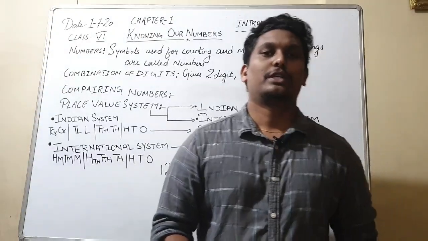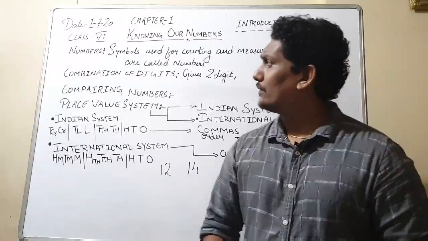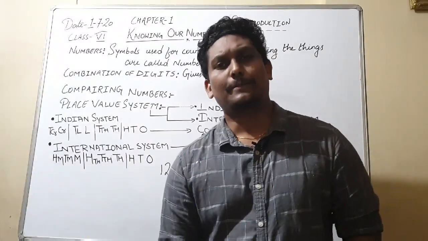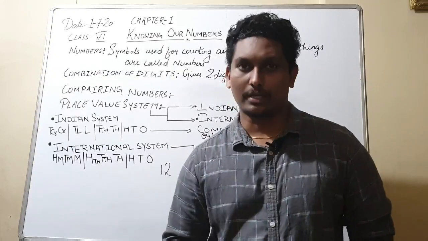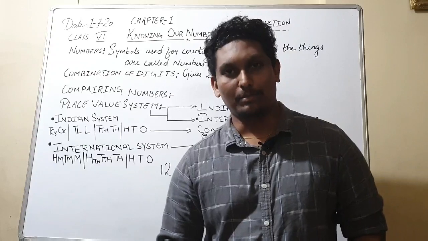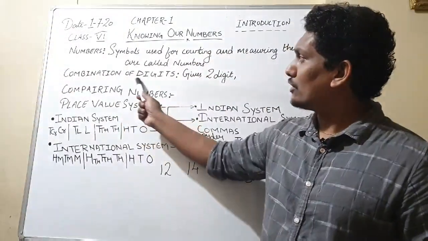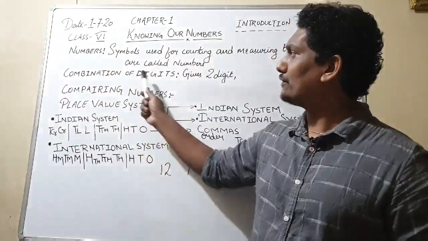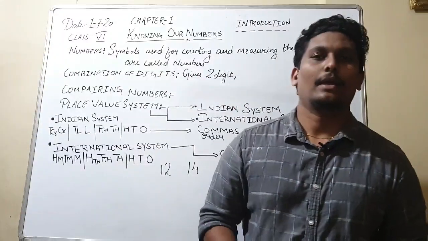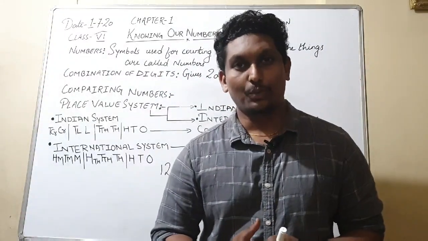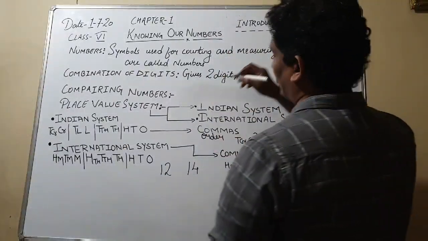Okay, so just for a quick recall to start the chapter, the first topic is numbers. What are numbers? The symbols which are used for counting and measuring things are called numbers, right? And coming to the next topic, that is combination of digits. Combination of digits means when we combine one digit with another digit. For example,